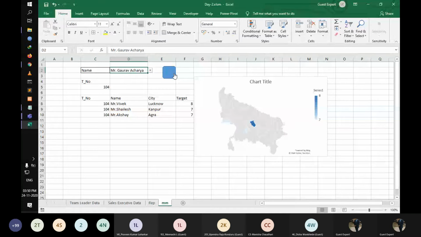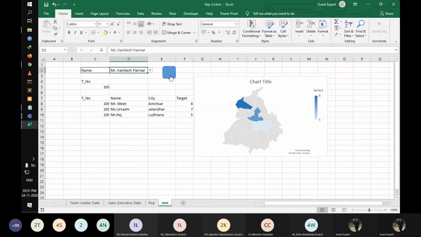It shows me the tags. It shows me Rajasthan. It shows me Gujarat. It shows me Uttar Pradesh. It shows me the Punjab state, all the data.